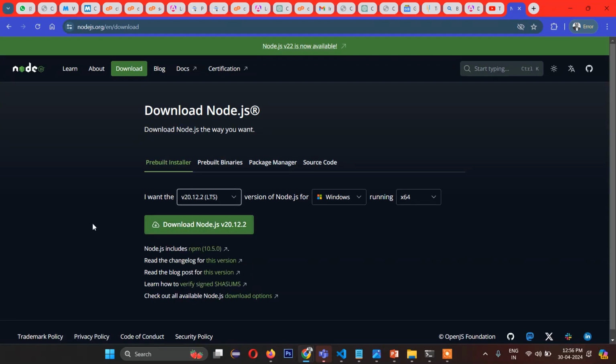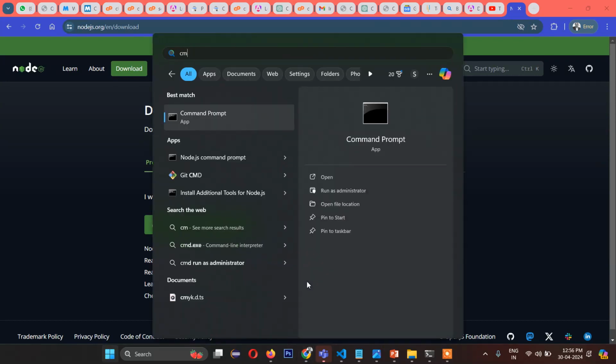Since I have already installed this on my computer, I'm not going to show you how to install it, but it's very easy. You can just download and install Node.js. Once you have installed it, you can verify it here. Once you write cmd, you can see the Node.js command prompt. This one you can see, and even if that is not visible,